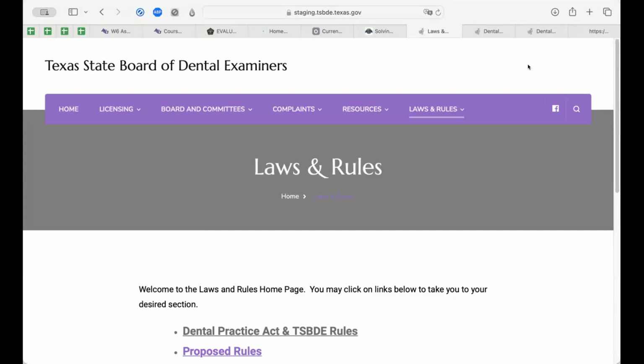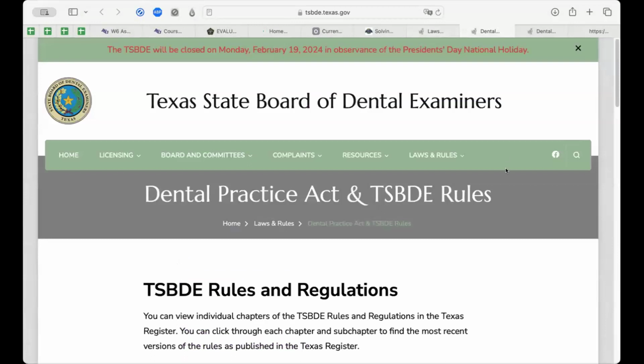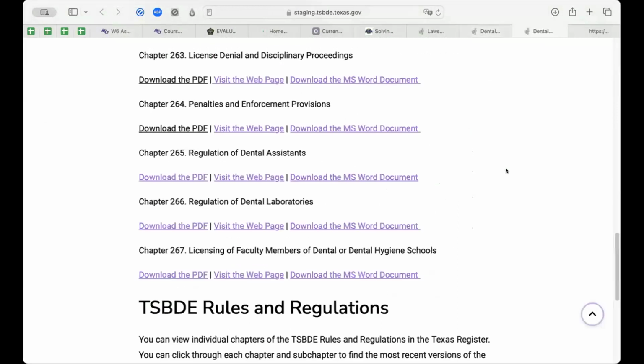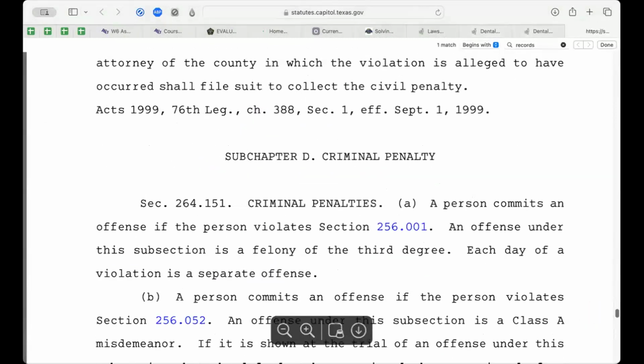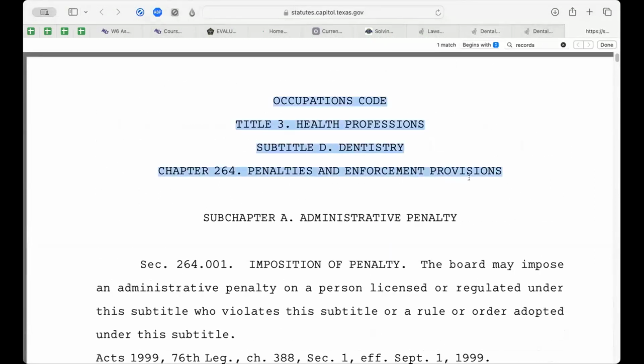Well, here, for the sake of argument, looking at the state of Texas, we've gone to the Texas State Board of Dental Examiners website. You can see from the URL texas.gov, this is an official state website. And if we were to look at the dental practice and TSBDE rules, we'd find that there are quite a few that are applicable. And you can see the specific legislation here. And if we were to, say, jump over to this item here, penalties and enforcement, and we were to do a search for records,